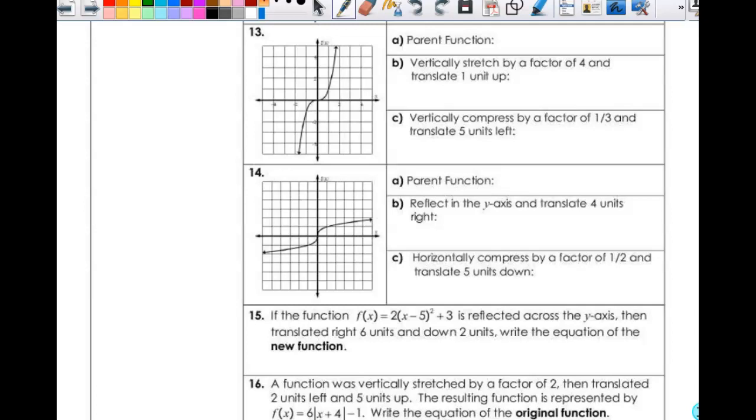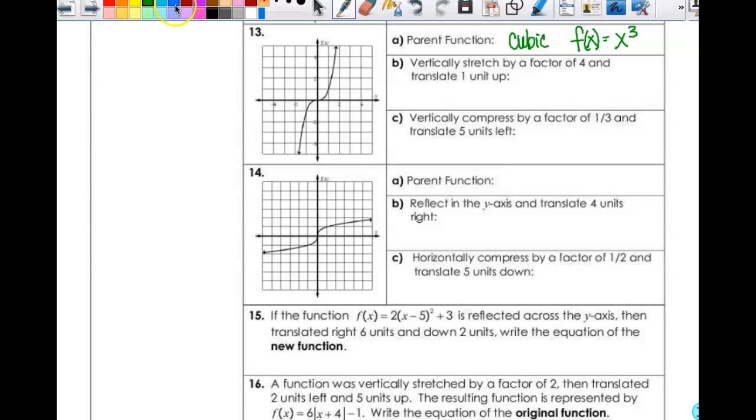Okay, so this time we get a graph. We get a graph of the parent function. So the picture in number 13, what is that? It is a cubic. So this is a cubic, and it is f of x equals x cubed. Then they're going to tell us what the transformations are, and we have to write the equation. Okay? So it says I want to vertically stretch it by a factor of 4 and translate 1 unit